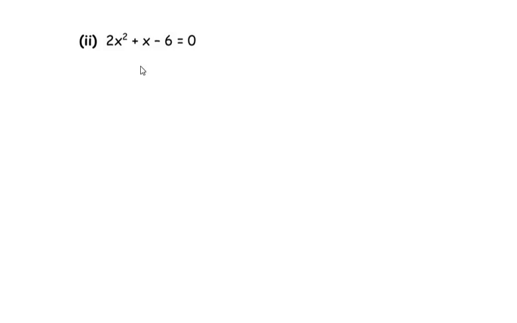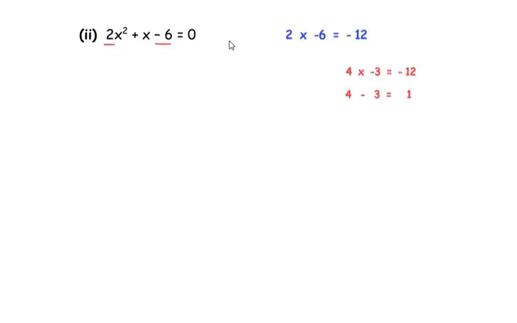Now the next question is 2x square plus x minus 6 equal to 0. So our step number 1 is multiplying the coefficient of x square with the constant. So here 2 times negative 6 gives us negative 12. Now we have to get the factors of negative 12 in such a way that when you multiply them you should get negative 12, and when you add them or subtract them you should get the middle term,